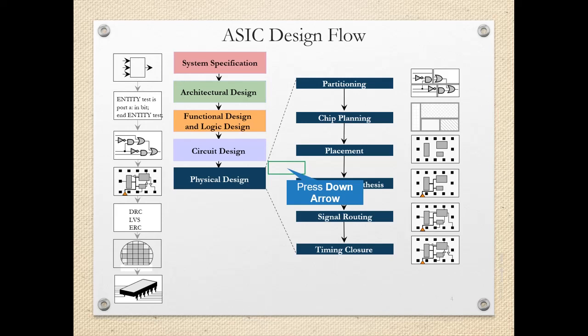At every part of the chip, the clock should reach at the same time. Then next comes the signal routing and then the timing closure. So once this routing is completed, the timing analysis is done so that for the critical path the delay is calculated, and then it is tried to minimize such type of delay for the critical path where the delay can malfunction the system. So that is the next step.